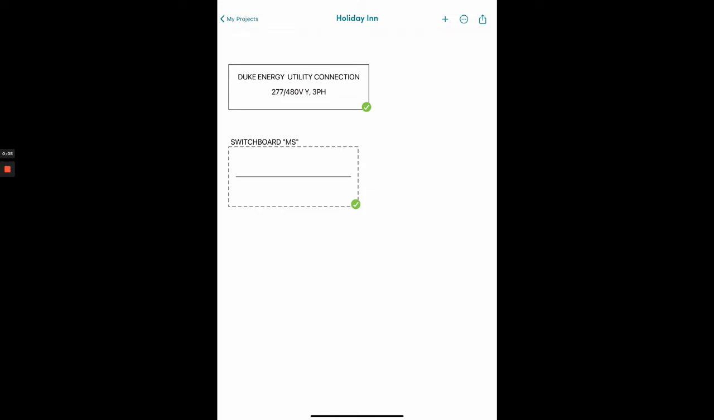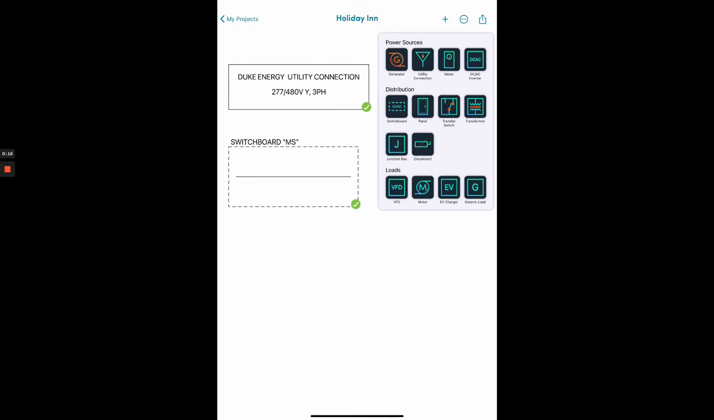So over here, again, just like when we added the switchboard, you can hit the little plus button in the top right of the page, and that will bring up your list of equipment that can be added into the project. There, under the distribution subheading, we have switchboard, which we've already added, the switchboard MS, and then we have panel. So we're going to add a panel, tap on that piece of equipment there, and it's going to bring